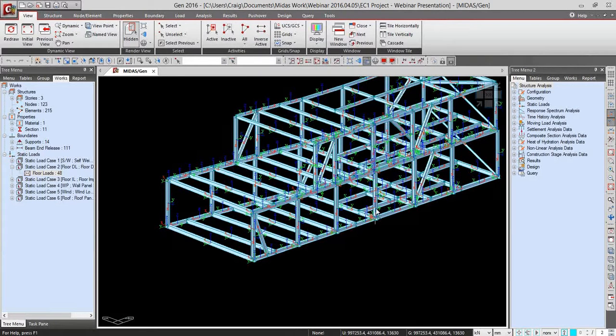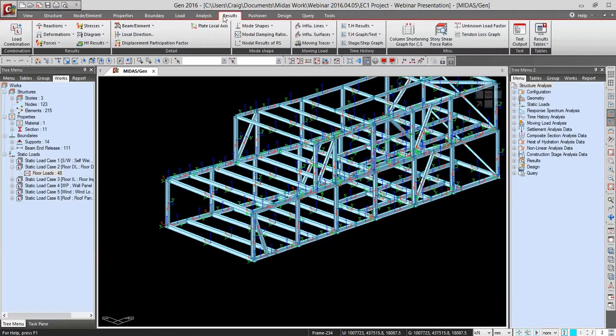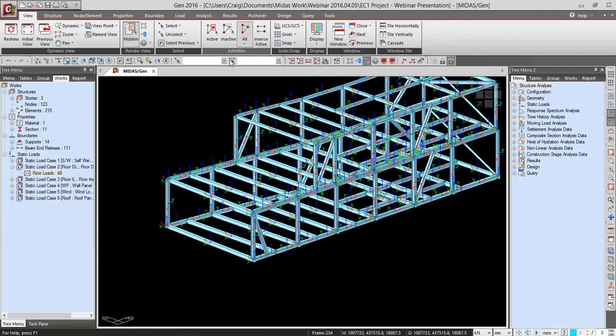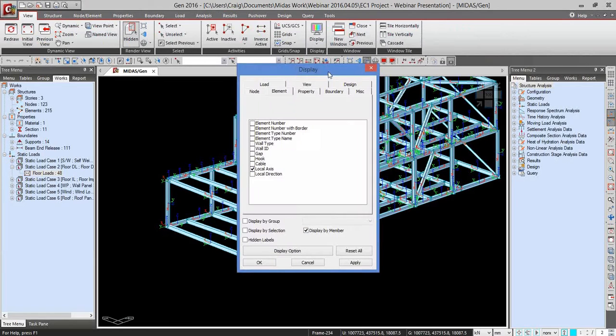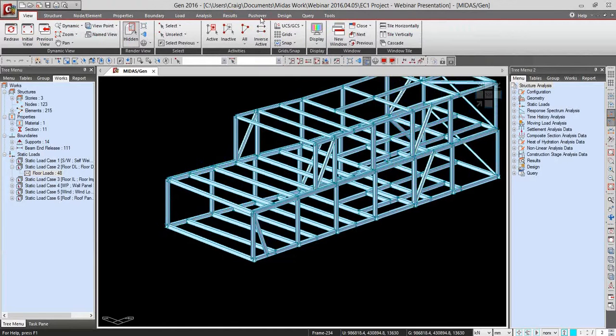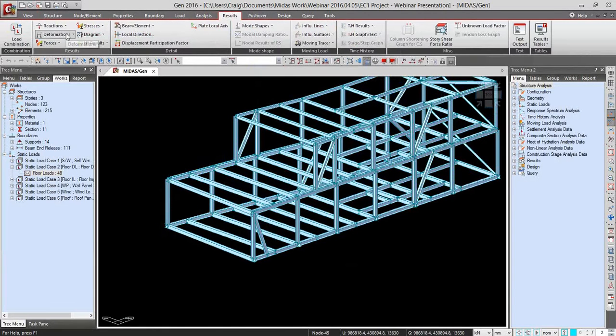So if we are then to run our results, I'll remove that. If we then run our results and check the lateral displacement,